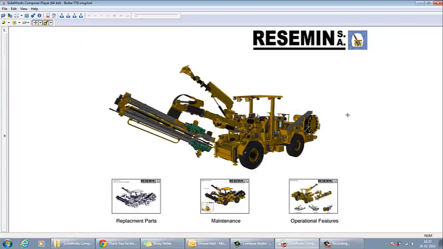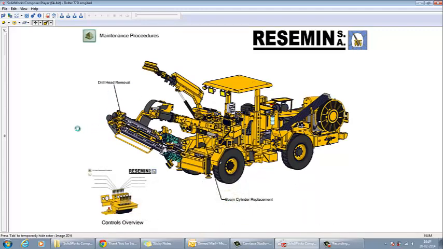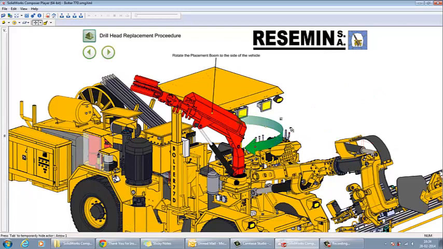Now let's say, for example, I want to create some service manuals. So over here I have something known as maintenance. So if you again go and click on maintenance, I want to showcase how a particular drill head is supposed to be removed. So let's say I click on this drill head removal. Now over here again it gives me a step-by-step procedure along with the annotations. When I say annotations, I mean arrows and such,